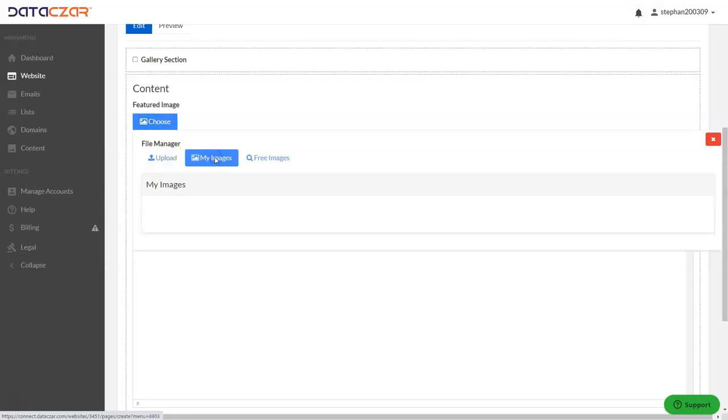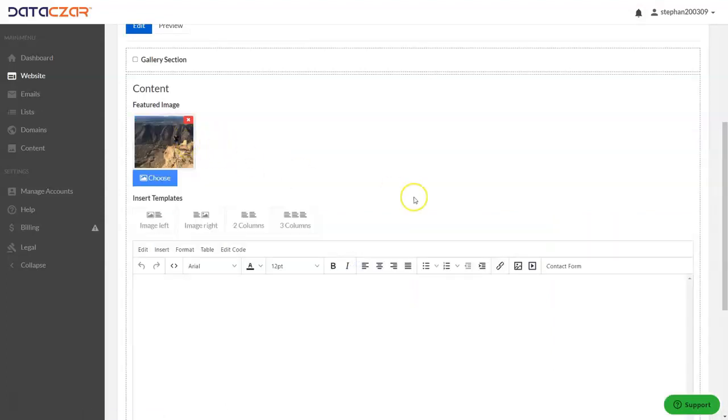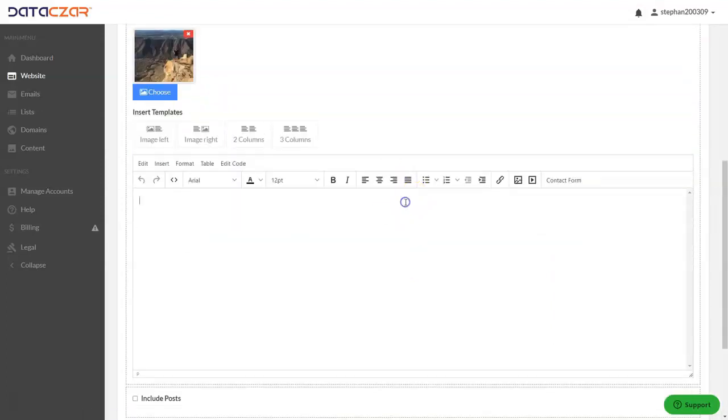You can go back to My Images. This picture, we're going to choose this guy here on top of the rocks. And then we'll just go ahead. Let me see if I have any words I want to grab. No, on the About page,